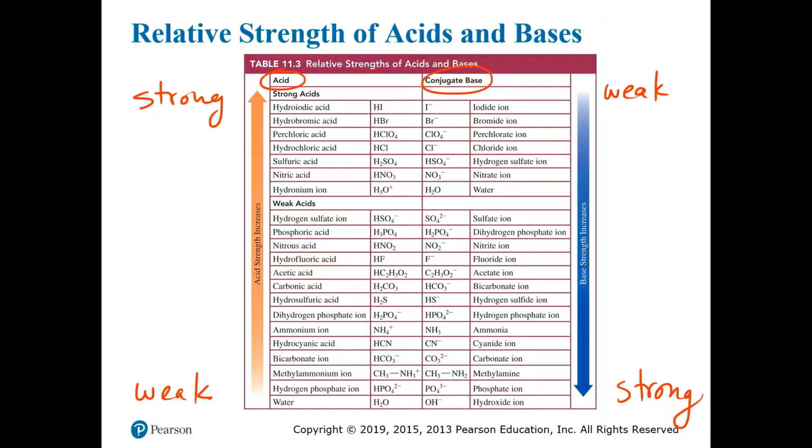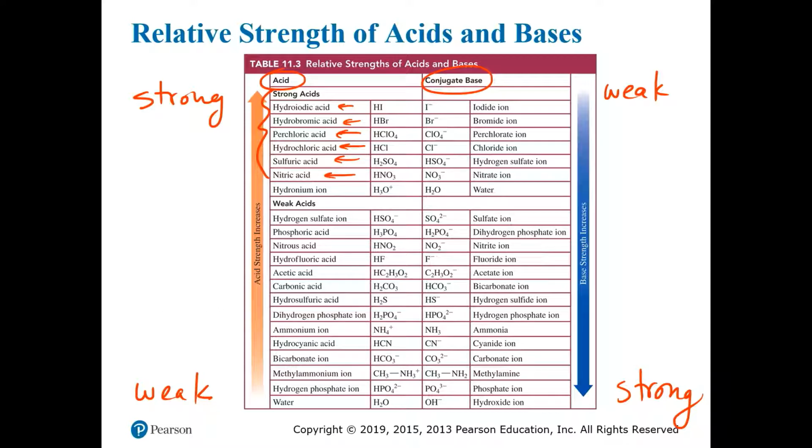There's a lot of information in this chart, and we'll see how to use it a little bit later. But for now, the most important takeaway is to see that there's this list of 6 strong acids up at the top, and that every other acid that's not a part of that list is considered a weak acid. Those strong acids which you should memorize are hydroiodic acid, hydrobromic acid, perchloric acid, hydrochloric acid, sulfuric acid, and nitric